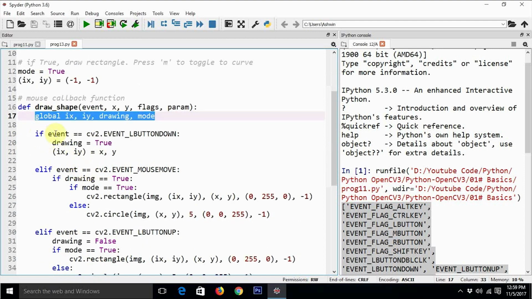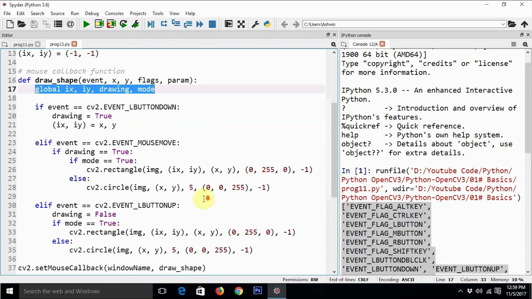So if event equal to cv2.EVENT_LBUTTONDOWN, it means if the left button of the mouse is down, then drawing equal to true and ix and iy equal to x comma y. And if the event is mouse move, then also drawing is true. And if the mode equal to true, then we are going to draw a rectangle.